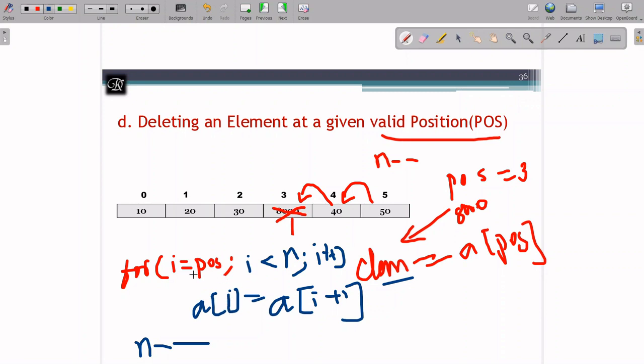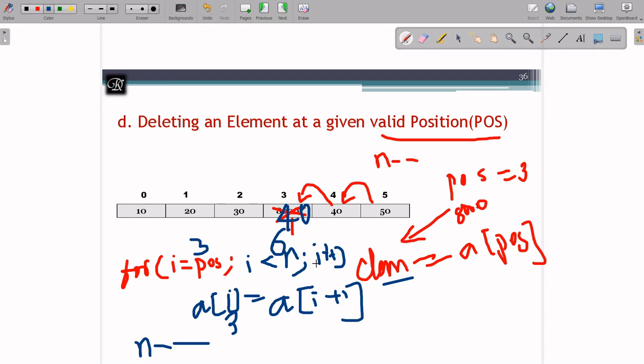Now position is 3 and n is 6. And I plus plus, 3 is smaller than 6. Yes, it is true, and I'm in. At the third position I'm getting the fourth position value, which is 40. It is overwriting 8000, and 8000 is already stored in element before itself.